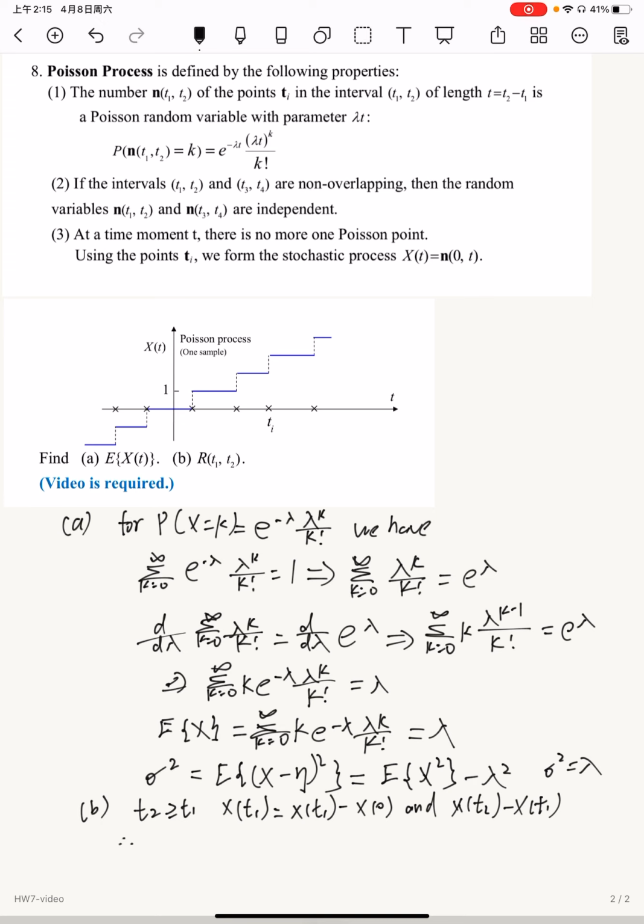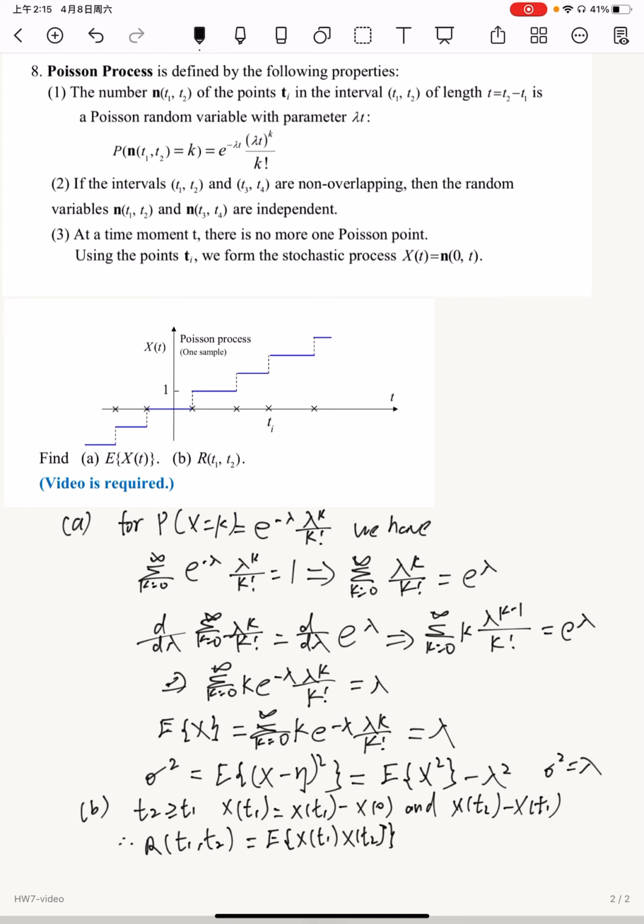So we can calculate that R(t1, t2), which equals the mean of x(t1) x(t2),